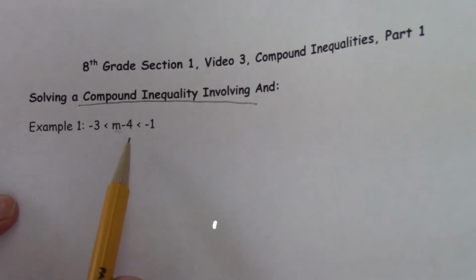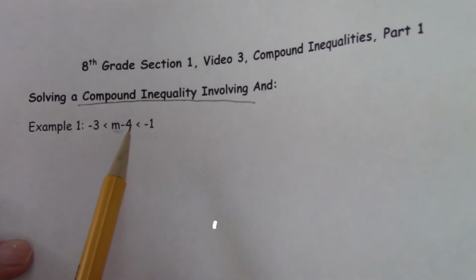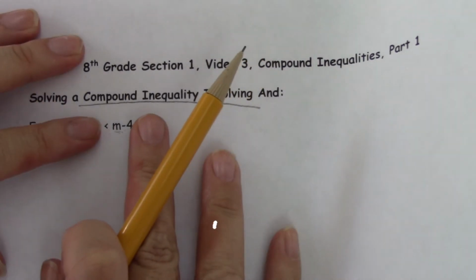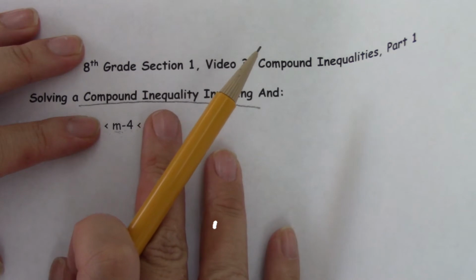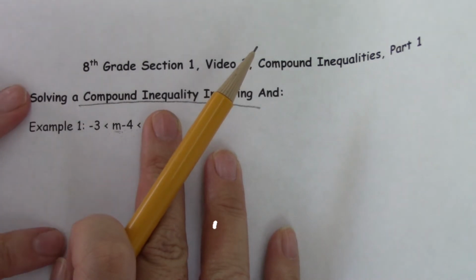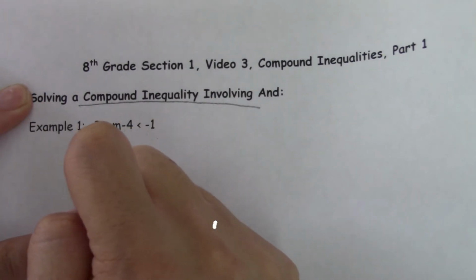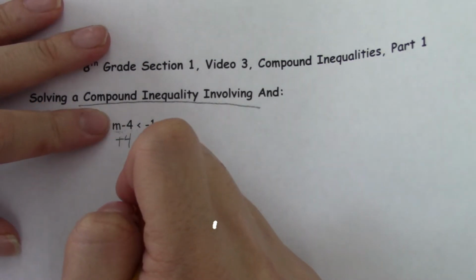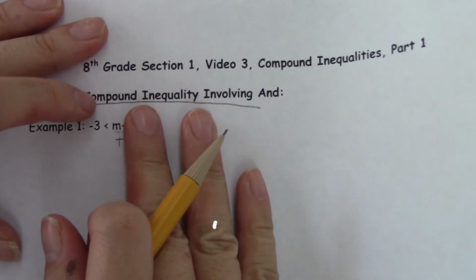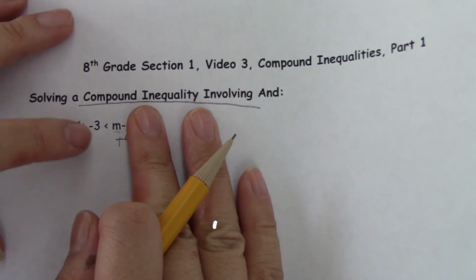Now, to solve this, it's pretty simple. You go about it the same way as you would solve a regular inequality, only now you're going to be doing stuff to two inequalities at the same time. So let's just cover this up and look at the m minus 4. To get m by itself, all I would have to do is add 4 to both sides. So I'm going to add 4, but I'm also going to add 4 over here for this inequality,